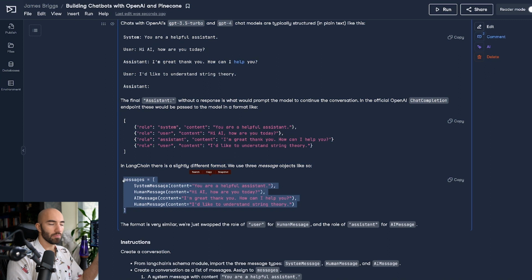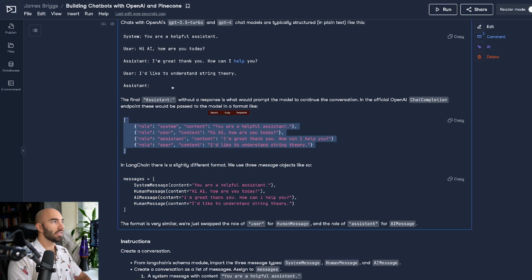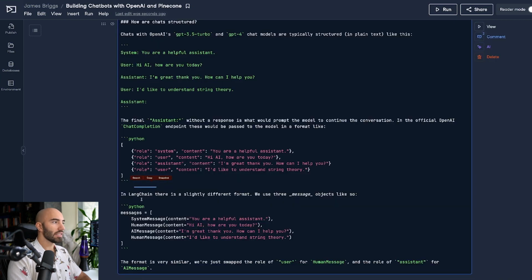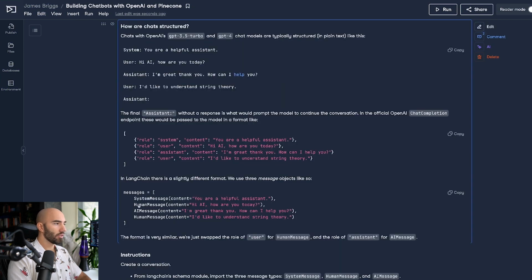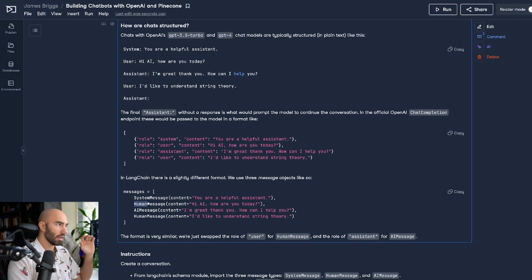Behind everything, they're just going to reformat things for you, depending on which model you're using. So here is how we create this and this, but within LangChain. We have the system message, human message, AI message. These are the abstractions. Human maps to user, AI maps to assistant.